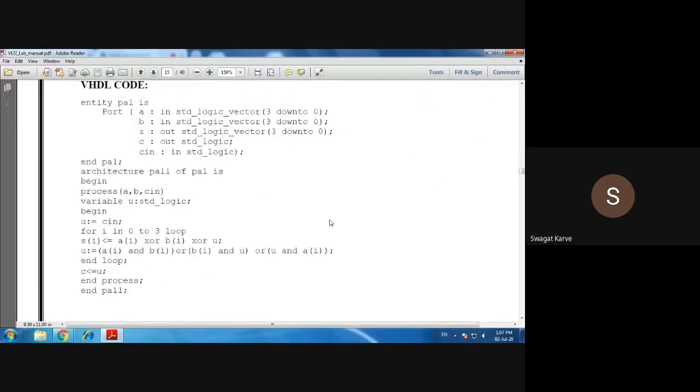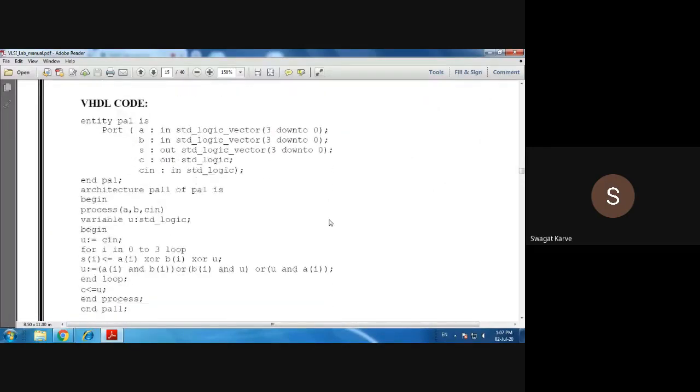Now, this is the VHDL code for this 4-bit parallel adder. Now, how many inputs we require? A, B, right? Sum, carry and C in, right? A, B and C in are the inputs, sum and carry as outputs. Now, as it indicates, 4-bit parallel adder means this A is of 4-bit. That's why we have discussed that 3 down to 0 means 4-bit.